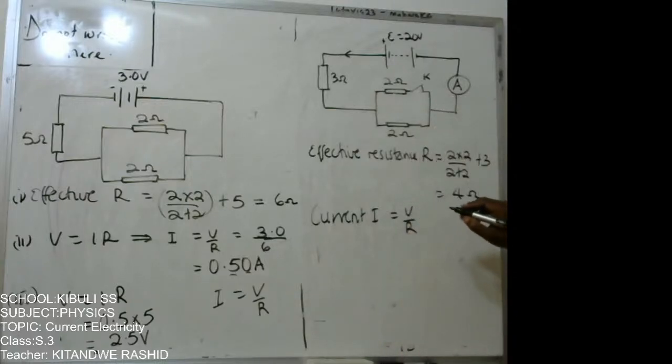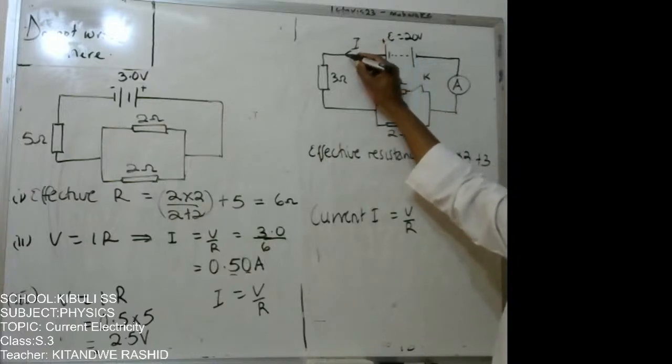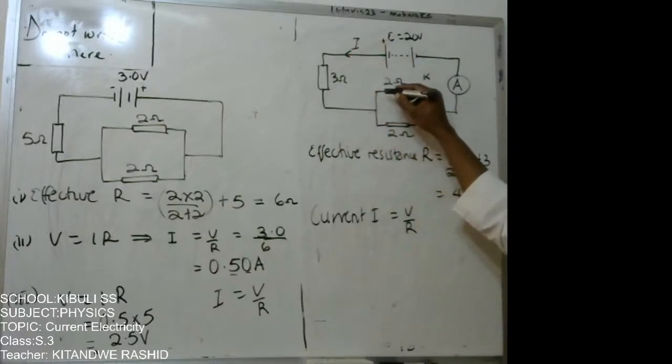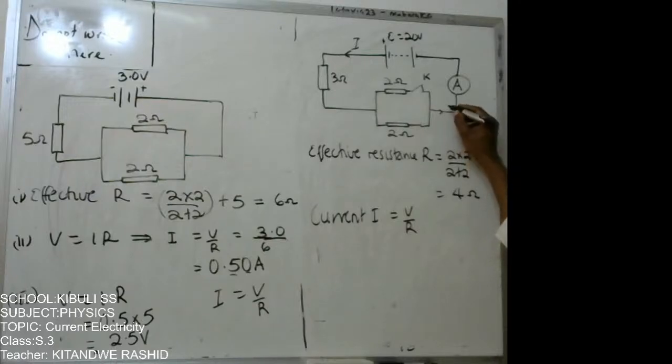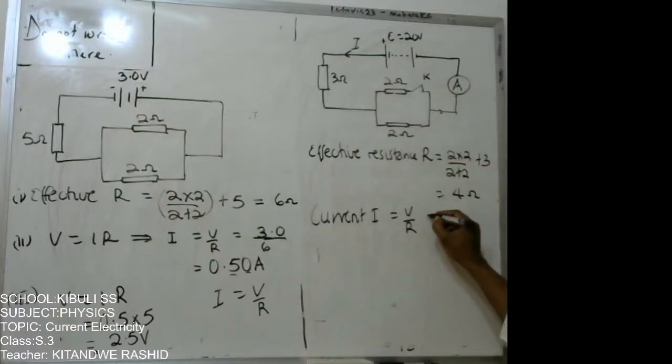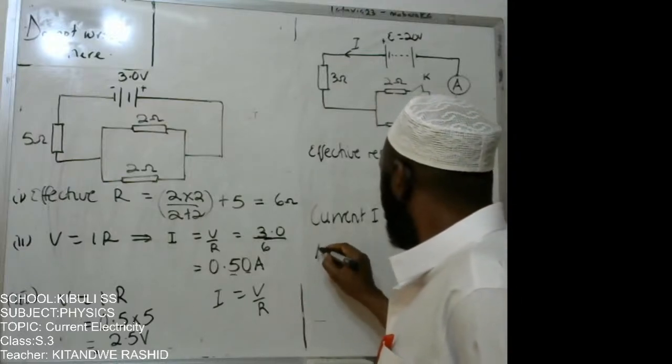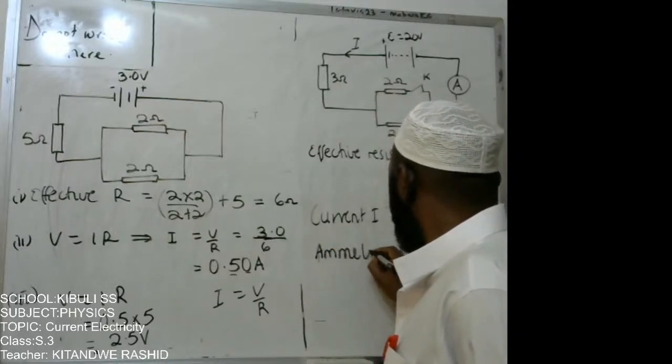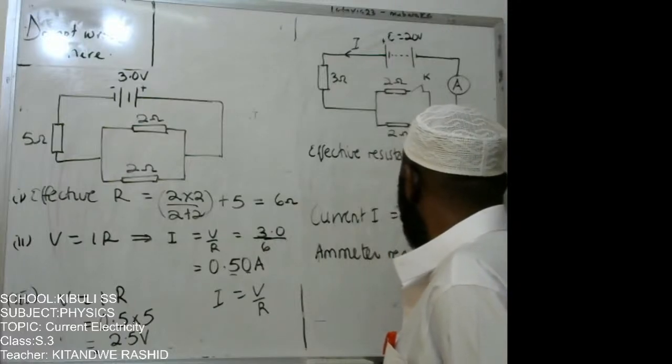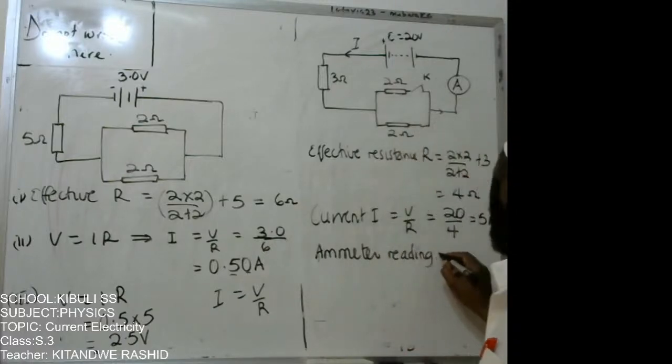You could see that the current I is the one that passed through the 3, subdivided here, rejoined. Meaning that the supply current is the current passed through the ammeter. So that one is now going to be equal to 20 divided by 4, and therefore the current turns out to be 5 amperes. So therefore the ammeter reading, what the ammeter will indicate, is going to be